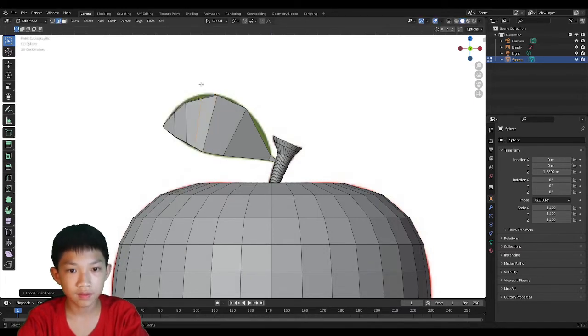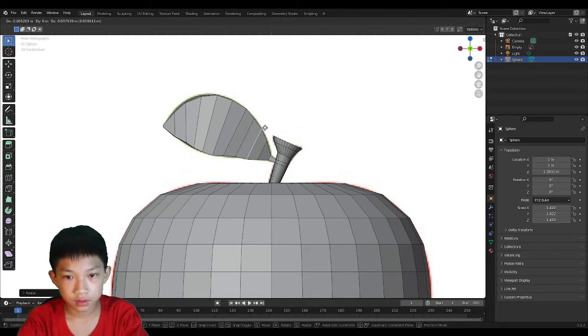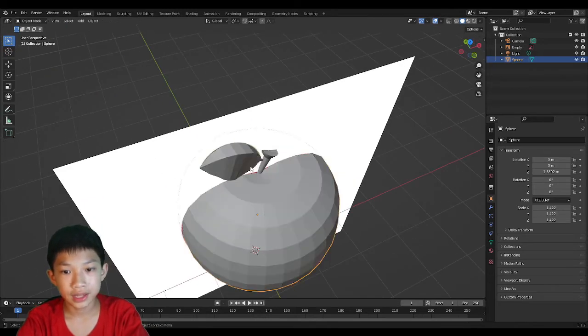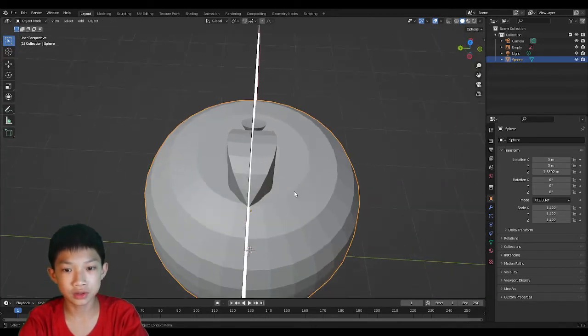So right here, Control R, Control R, Control R, Control R, and there we go. Here's our apple. Now the leaf might be looking too thick, so